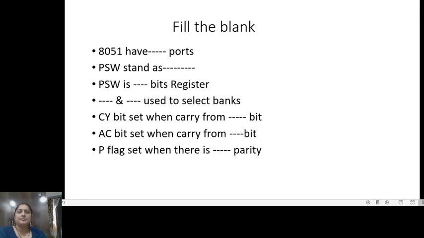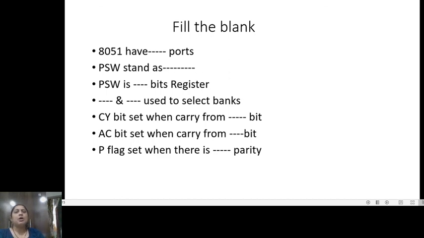This is a small assignment I assigned for you to fill in the blanks. For example, PSW stands for Program Status Word register. What is the size of PSW? 8 bit. Which bits are used to select the banks? RS0 and RS1. When will the parity flag be set?